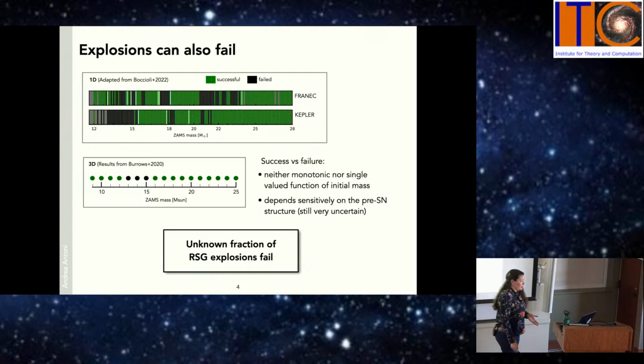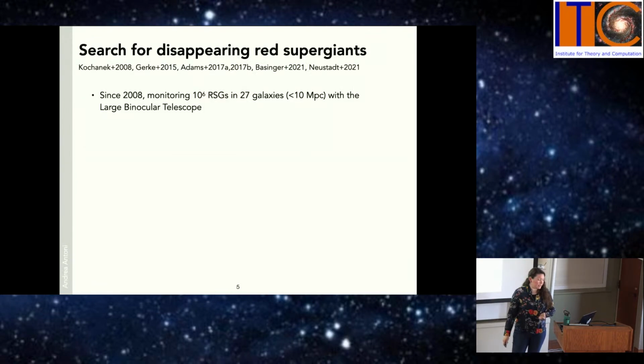And so motivated by this idea that you could have a large fraction of red supergiants disappearing in these failed supernova events, Chris Kochanek and others have been studying about 1 million red supergiants in 27 nearby galaxies, just waiting for them to disappear. What they were looking for is just disappearing stars, or novae, some people call them. And so their best candidate so far for one of these events is this